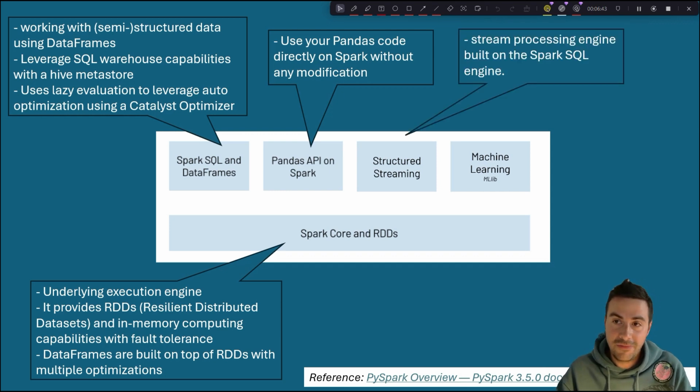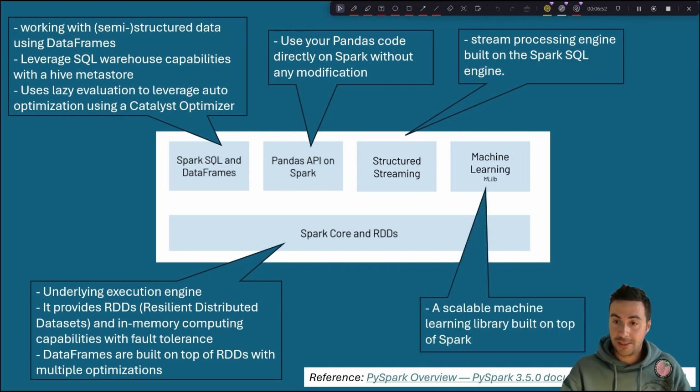Then of course we also have streaming, as mentioned in the key feature slide before. That's another API which Spark offers, and then we have the machine learning library. And as mentioned, it's built on Spark. It has the benefits of having distributed in-memory machine learning as well, but it's a bit more limited than scikit-learn. So you're going to find in scikit-learn significantly more models and functions than you find in MLlib, but the most important ones are available. And I'm going to deep dive